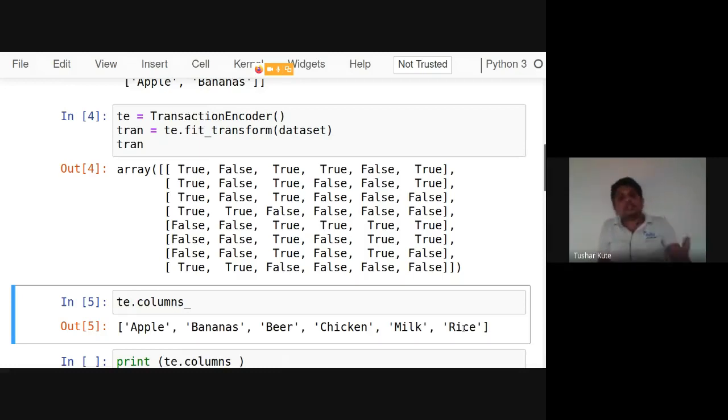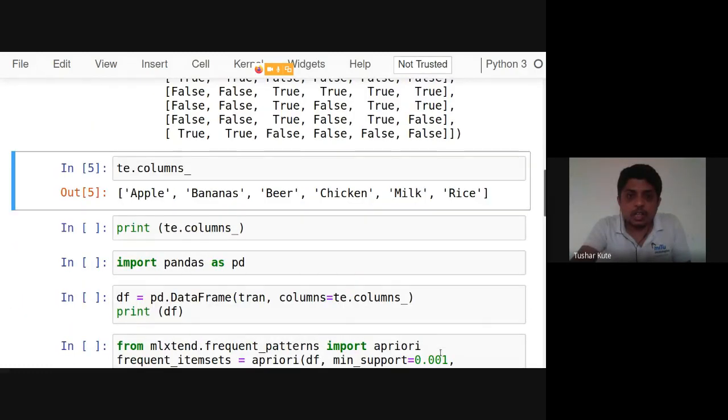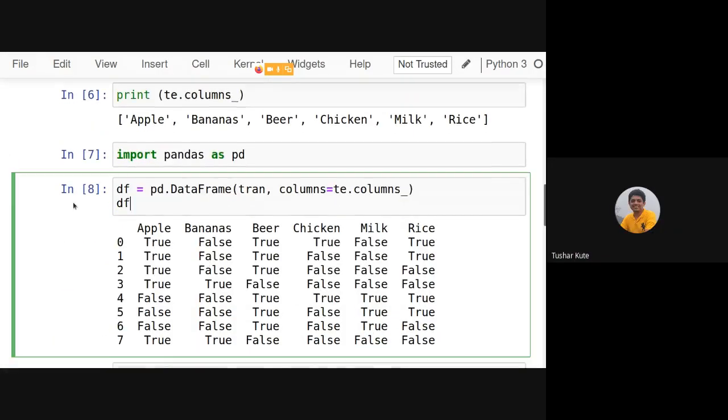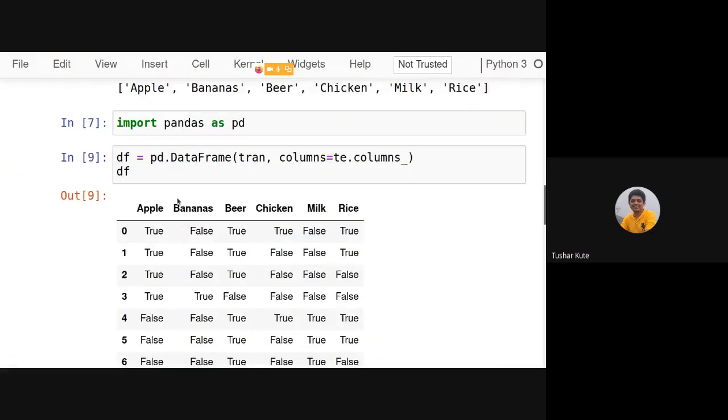We have seen this theoretically, but practically this is the concept that we actually use. By that, it is possible to create frequent itemsets first, and from the frequent itemsets we will generate the rules, as we have seen in the example. Now, here are the column names, and I am converting that data into a structured format. This is the data frame that I have created.